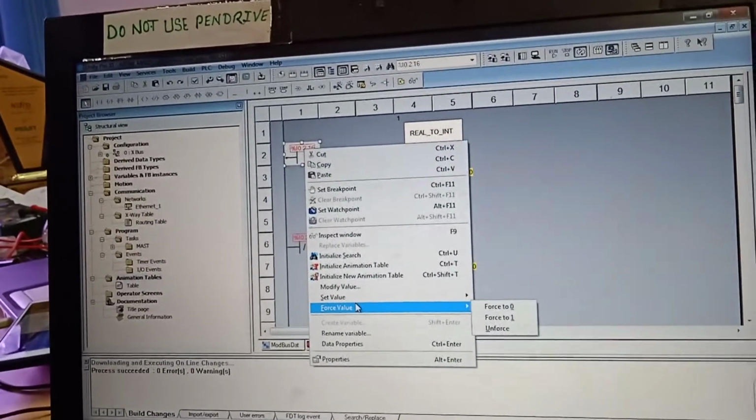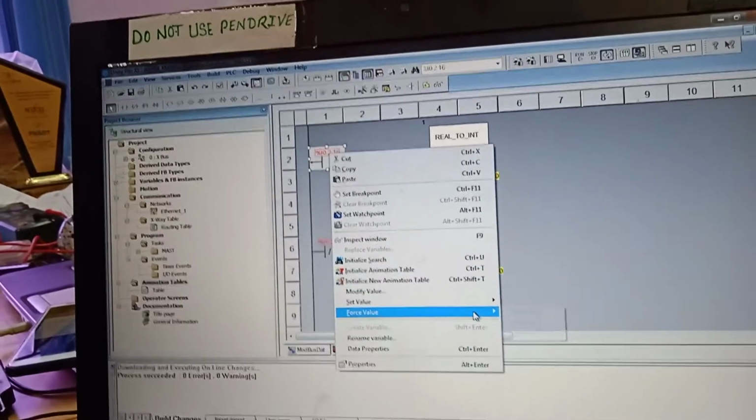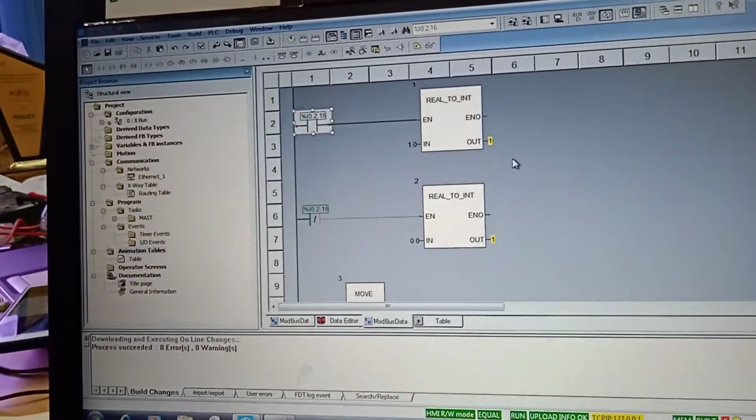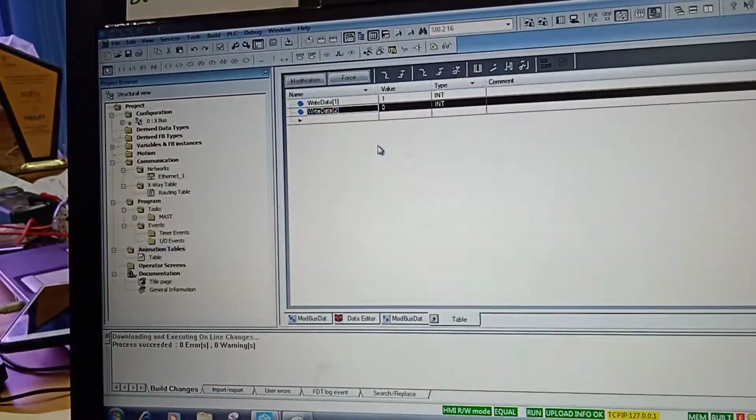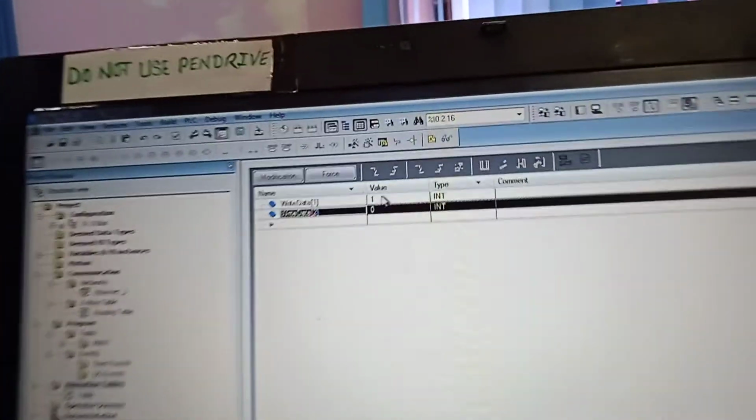Force the value to 1. You see, at that time it transfers 1.